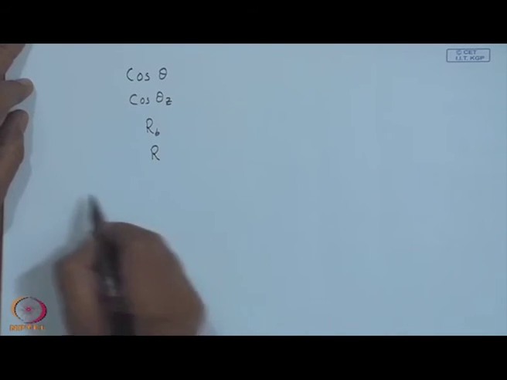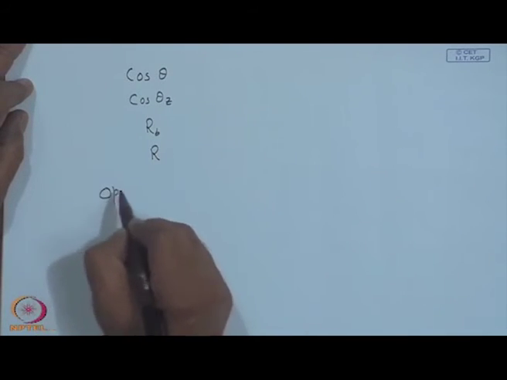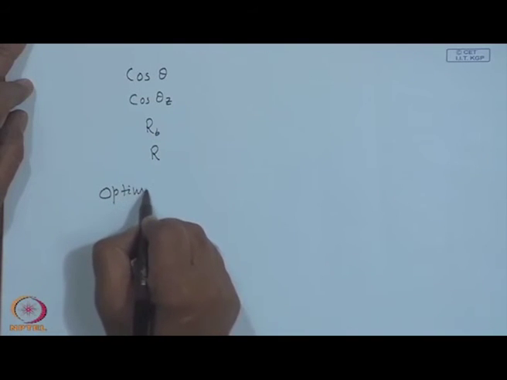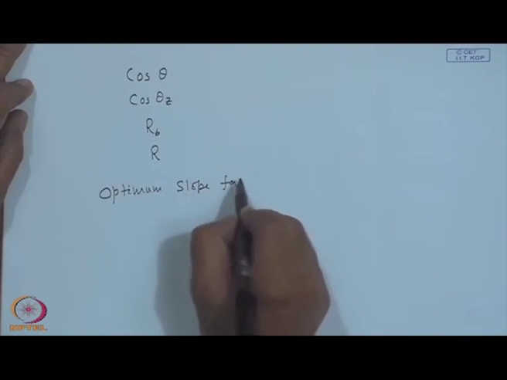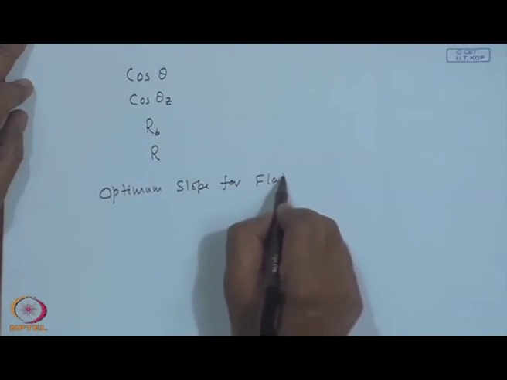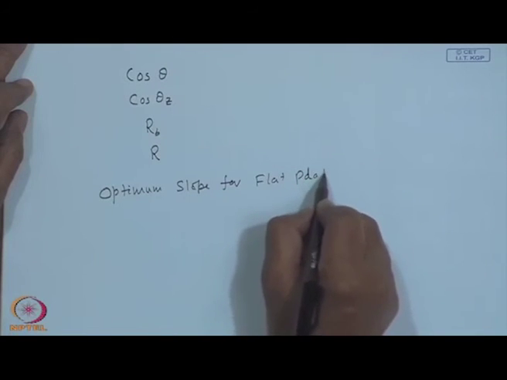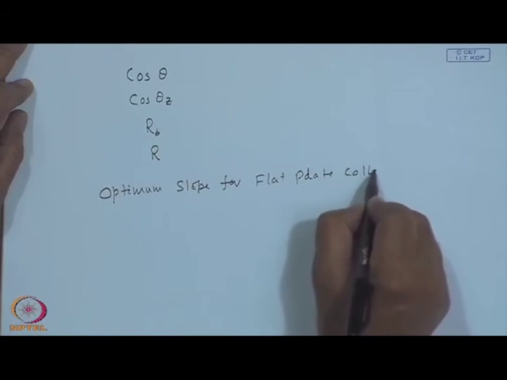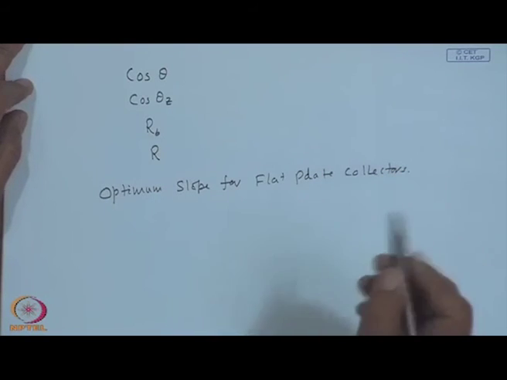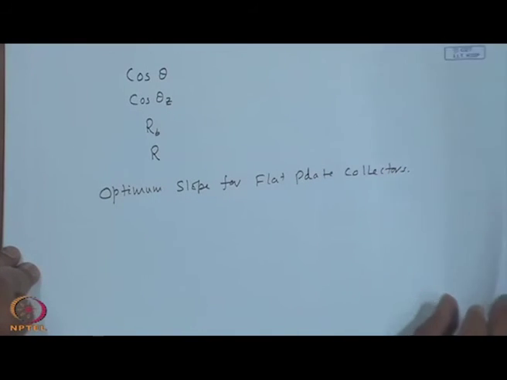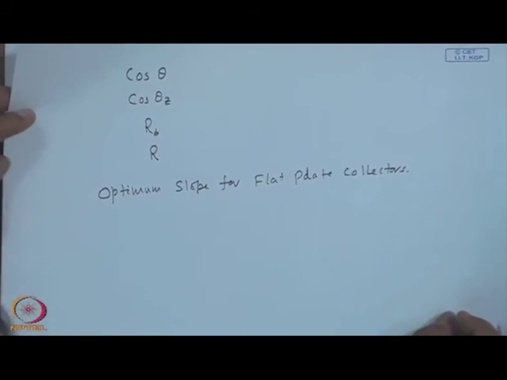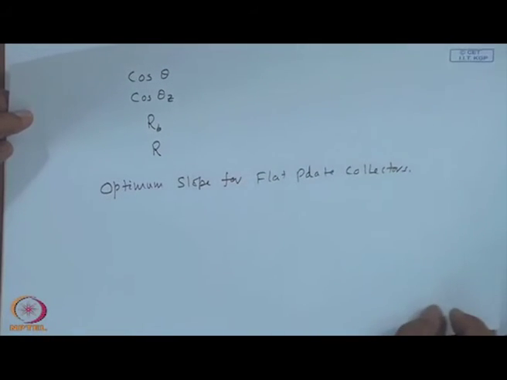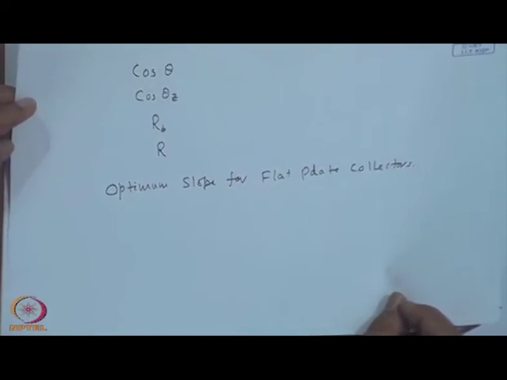So, it is about time we consider the optimum slope for flat plate collectors. These topics may not be very specifically written in most of the books. In fact, they have not been, but it depends upon how you look at it, what is meant by optimum,